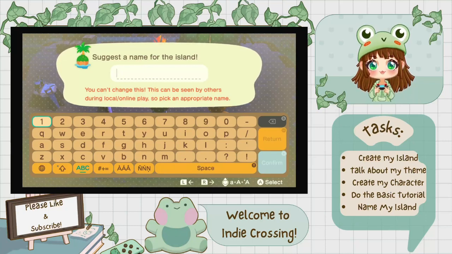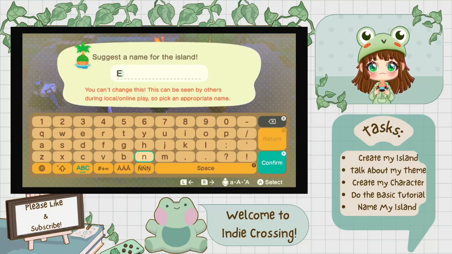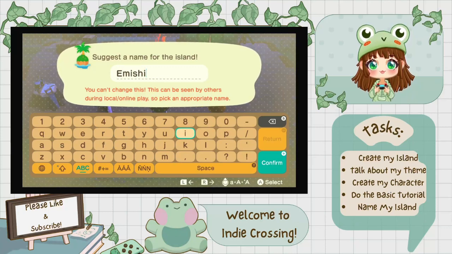But I chose Ashitaka to be the island representative because I want to name the island Amishi, which is the tribe of people. The Amishi people are the tribe of people that Ashitaka comes from in the movie.